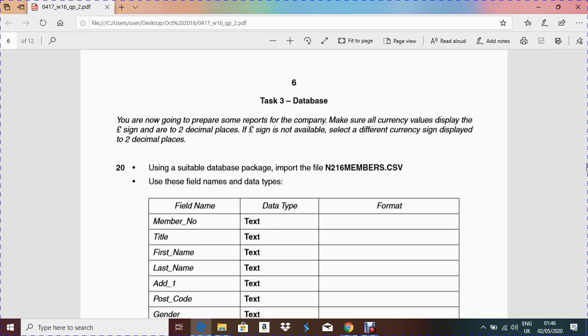Make sure all the currency values display the pound symbol and are to two decimal places. If the pound sign is not available, select a different currency sign and display two decimal places. That means if the pound symbol is not available, you can give any kind of currency symbol, and it should be two decimal places, right? So using a suitable database package, import the file